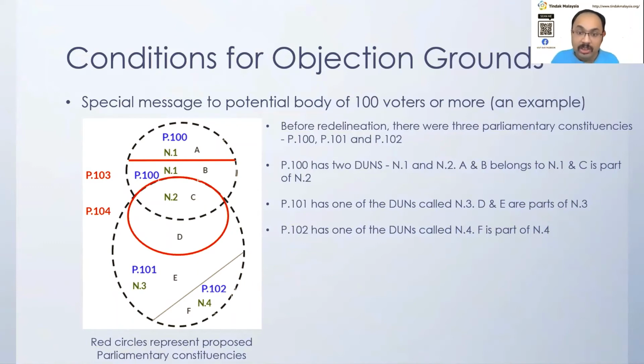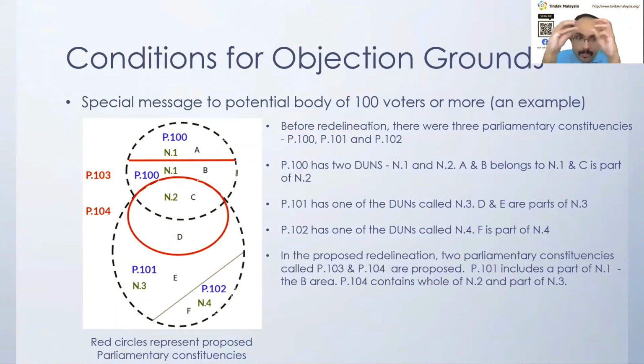So in this proposed redelineation, there's a new parliamentary seat of P103. The P103 just covered just N1, and then P104 covers parts of N2 and parts of N3. I know this is a bit complicated, but basically the areas, if you're a voter, you're affected, primarily would be